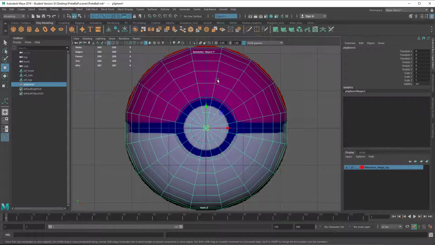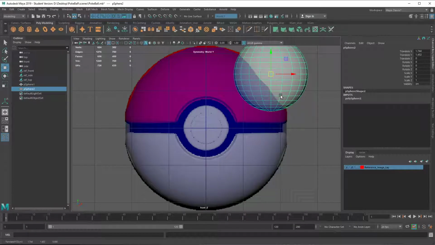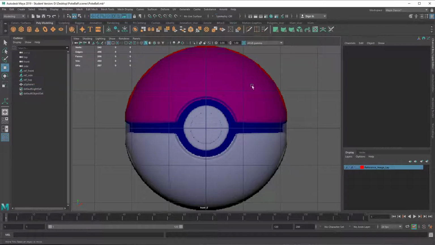Sometimes my object is not going to be perfectly symmetrical though. And at that point, I can actually try to work with the object and the world projection, which is going to have the same effect on this Pokeball just because of the way that this is created. But let's say that I had some sort of Mickey Mouse shape, right? Then the selection is going to work only in local space for the z-axis, because I'm going to be mirroring based on this axis here. So that's what this actually means. So I'm going to be taking this one out, and I'm going to show you the other way that we